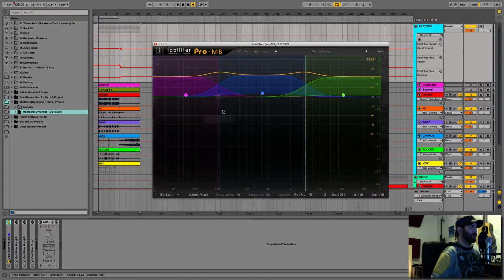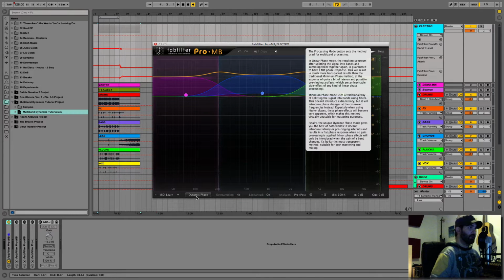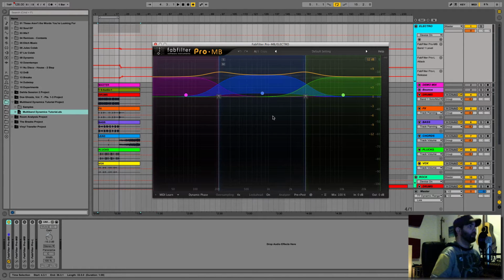First thing to point out is that you'll notice I'm actually still in dynamic phase mode. So technically this is a 3-band dynamic EQ, but we're using it in the same fashion we would use a 3-band multiband compressor. So first let's talk about how you're going to pick your crossover points. The key here is to not break any kind of instrument up too obviously right in the middle of its body. So what I mean by that is that,